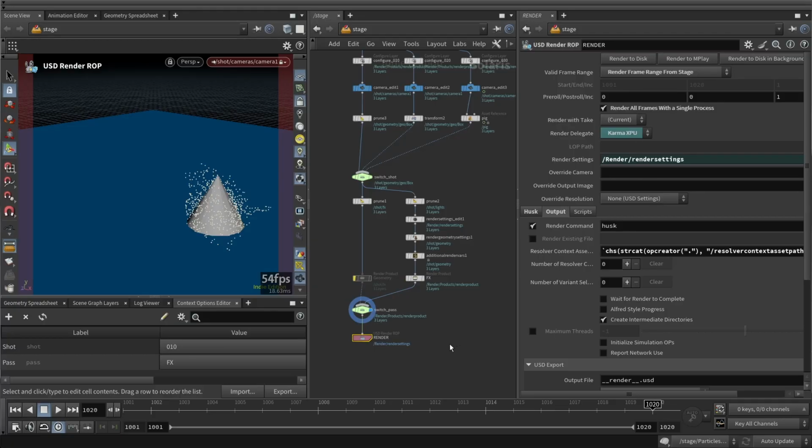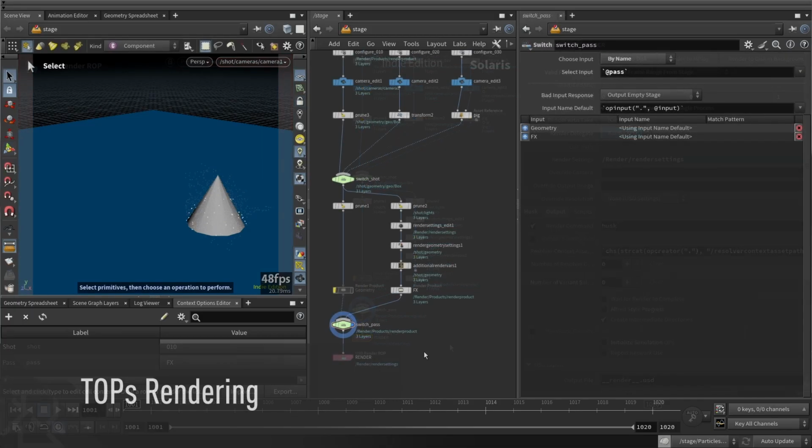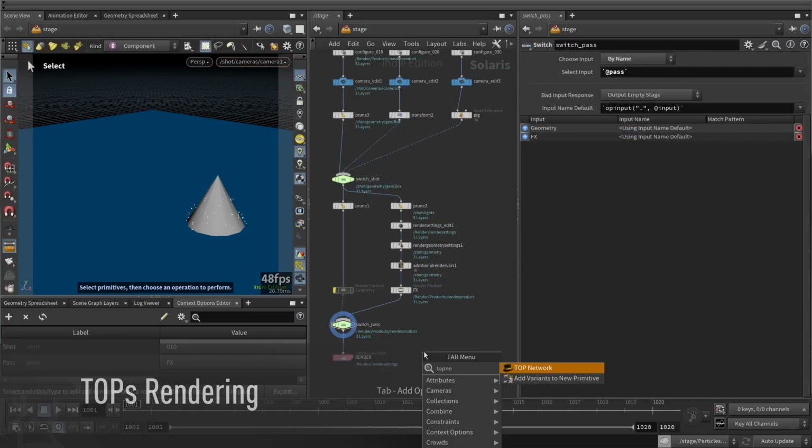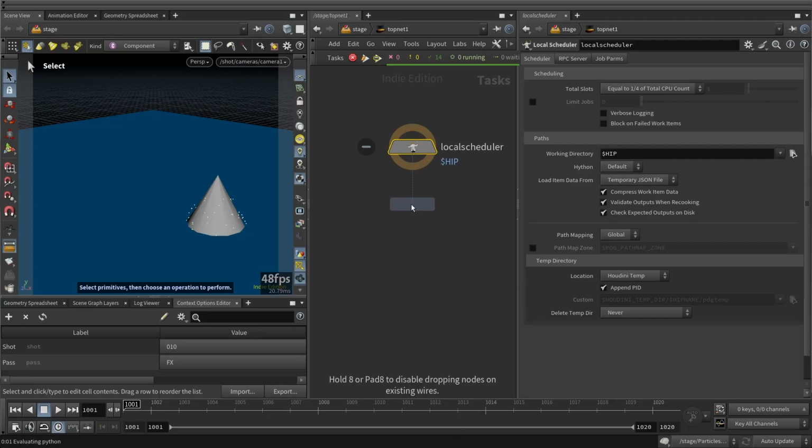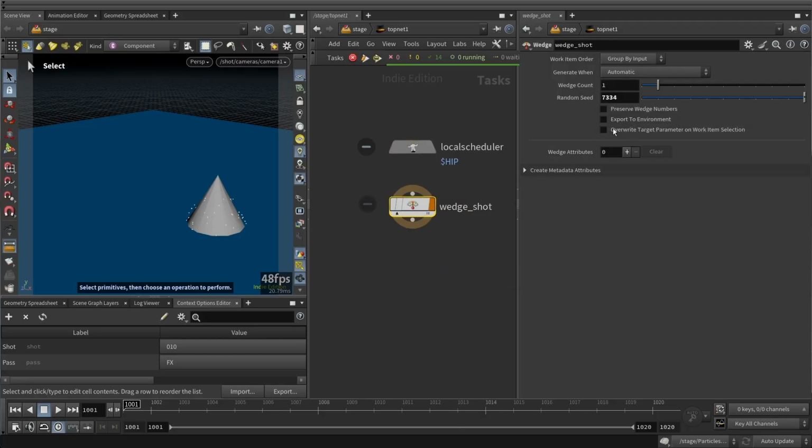The last thing to do is automate rendering these shots and passes. For that, we'll dive into tops. To automate rendering the shots and passes, we'll put down a top network and dive inside. We need to make work items for each shot and pass. So I'll put down a wedge, name it wedge shot, and set the count to 3 because we have 3